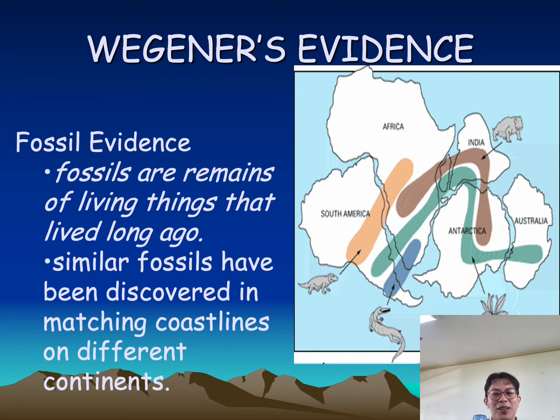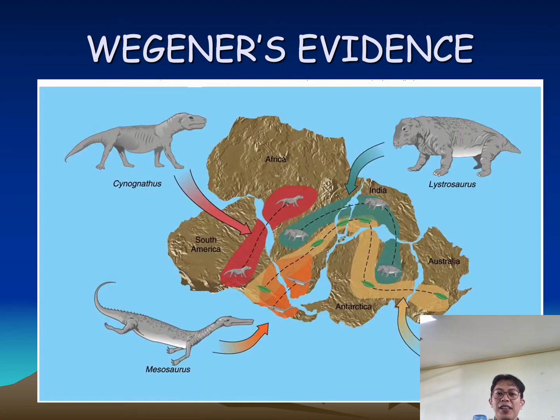Medyo lutang ako today. But this is one of the evidence that best explains why the earth or the continents are drifting, meaning moving apart. That's the fossil evidence. This will illustrate how the fossil evidence is used by scientists to explain continental drift. So these are the animals, for example, the